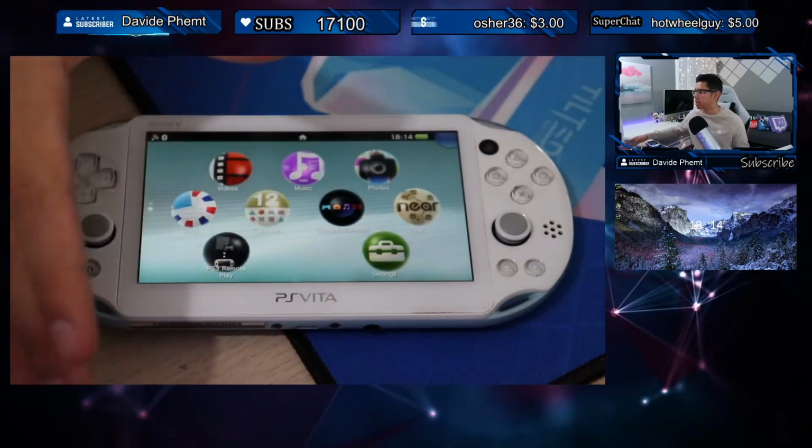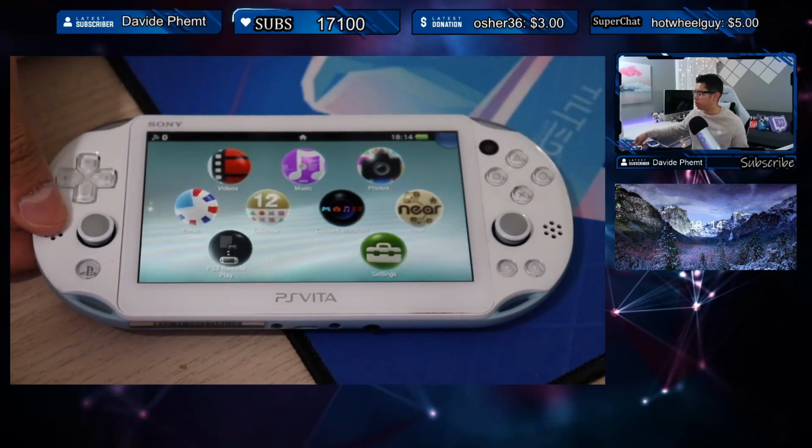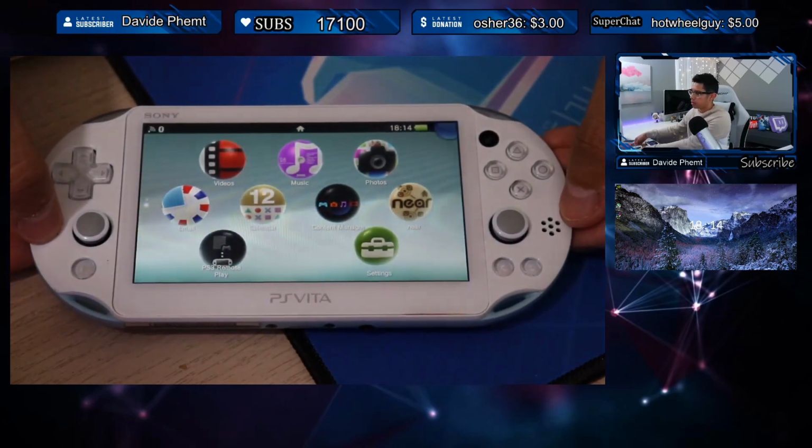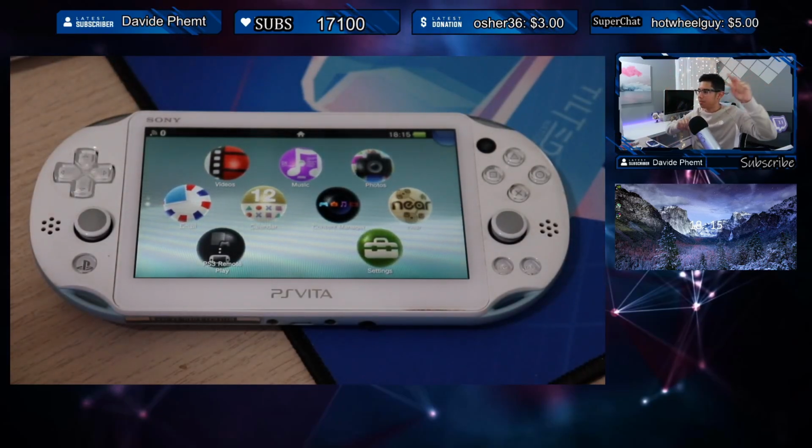And here is the main camera. I'm using a Canon DSLR camera to view the Vita here. Very nice. And obviously you can see me here in this camera. I have two cameras running,